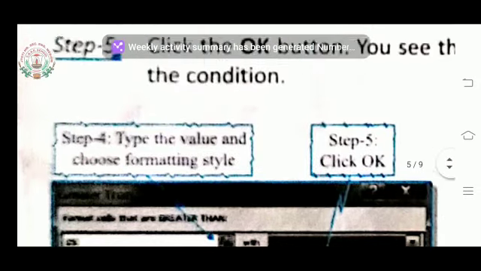After filling in the required things, like greater than and the colors, green, red and so on, finally you click on the OK button.